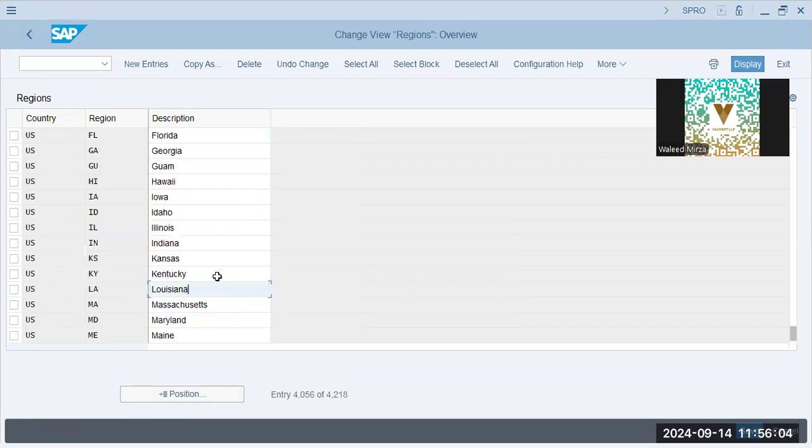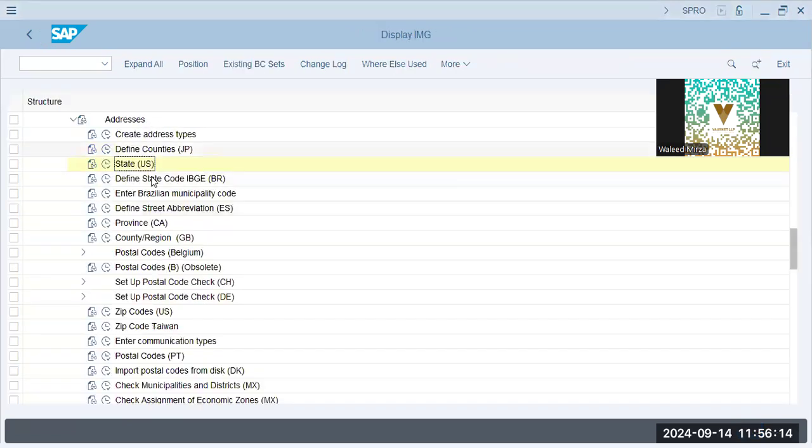But if you want to divide more as per your business requirement, you can actually do that. You can have sub-states within states. Okay. Next is